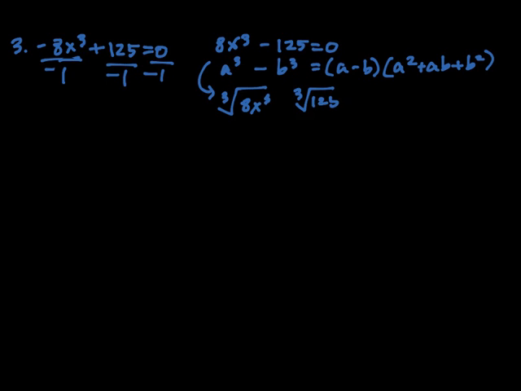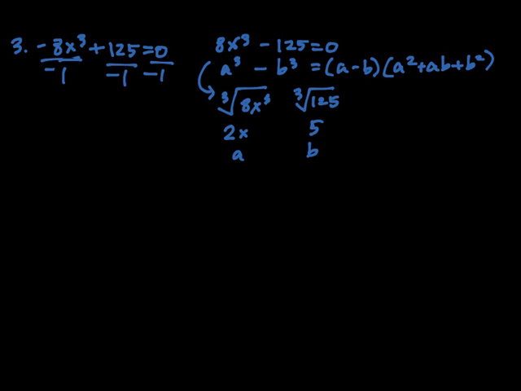of 125. Okay, so what number multiplied by itself 3 times gives you 8? That's 2. And the cube root of x³ is x. And what number multiplied by itself 3 times gives you 125? That would be 5. So now that we've identified a and b, let's go ahead and substitute into what